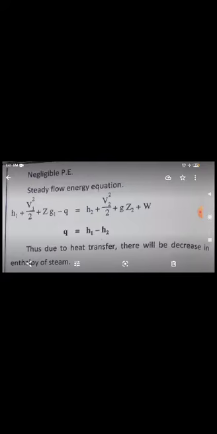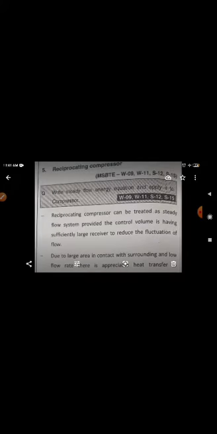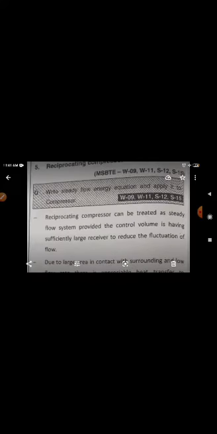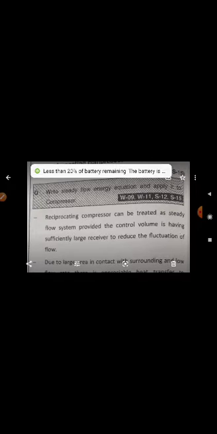Okay, due to heat transfer, there will be a decrease in enthalpy of the system. Now next, this is the reciprocating compressor. Okay, what does a compressor actually do? It compresses the